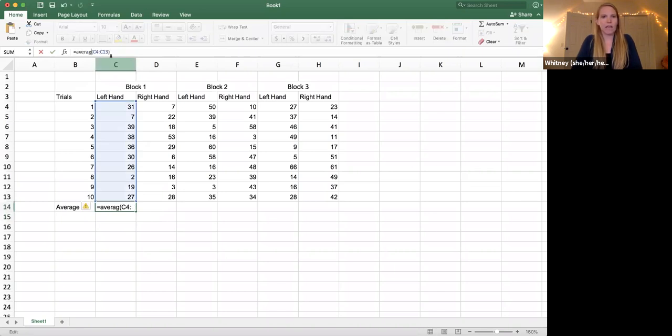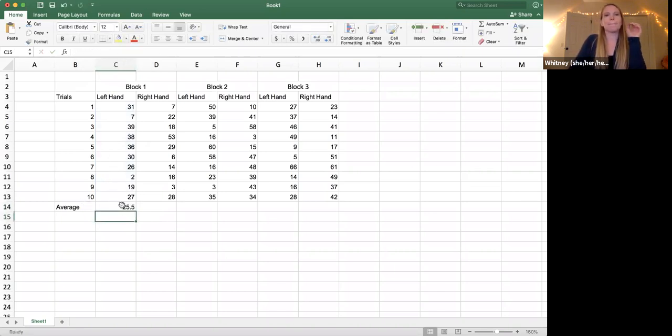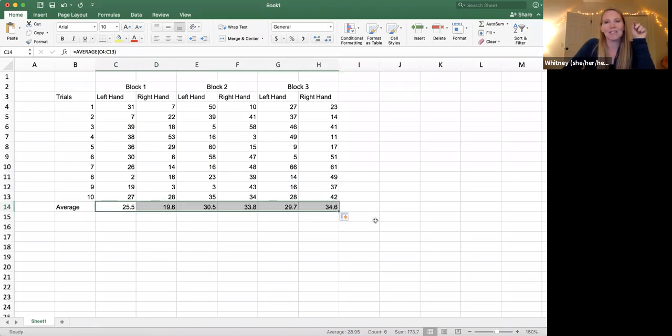So average. Okay. So now the coolest thing that we're going to do, that rocked my world. See how the little cursor is like a little white plus sign? If you bring it to the bottom right corner, it becomes a black plus sign. So now if you just click down and then pull it across,